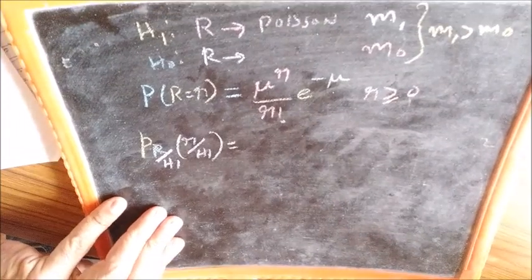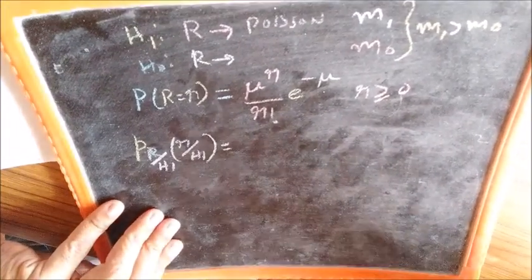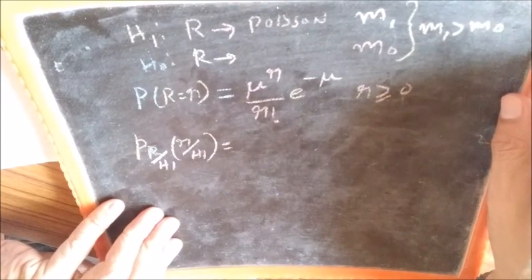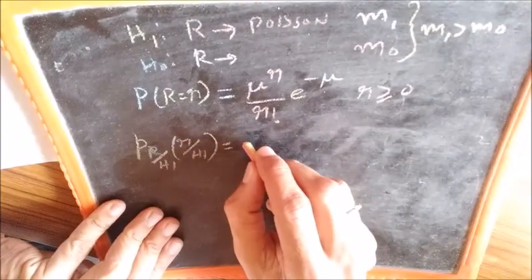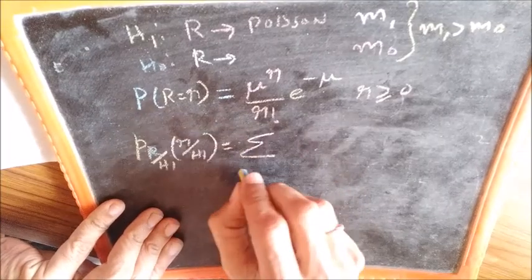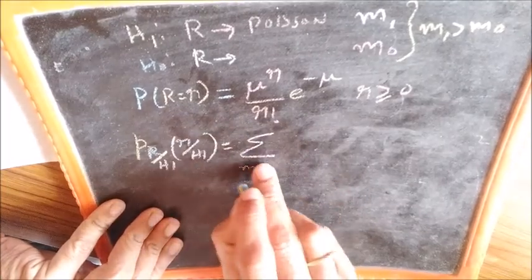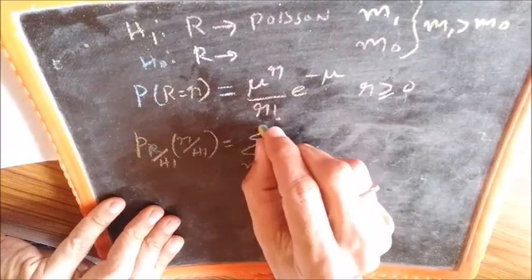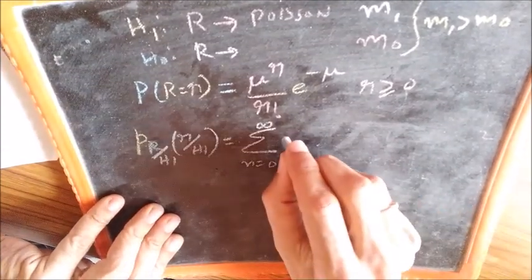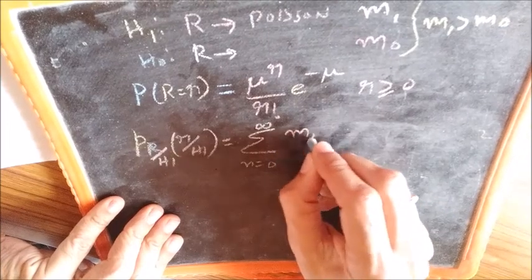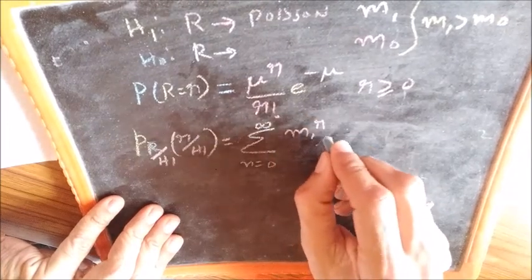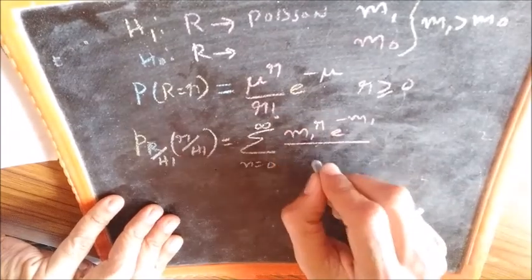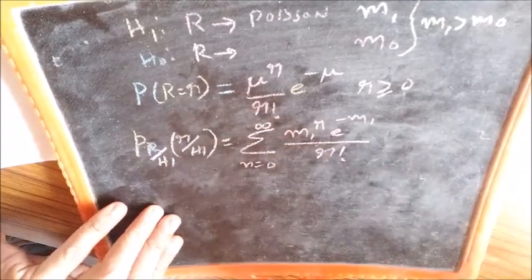This was discussed in one of the previous videos when we took the example of a die, and I will write the distribution first and then I will explain. The PDF will be the sum over n from 0 to infinity of M1 power n e raised to minus M1 divided by n factorial,